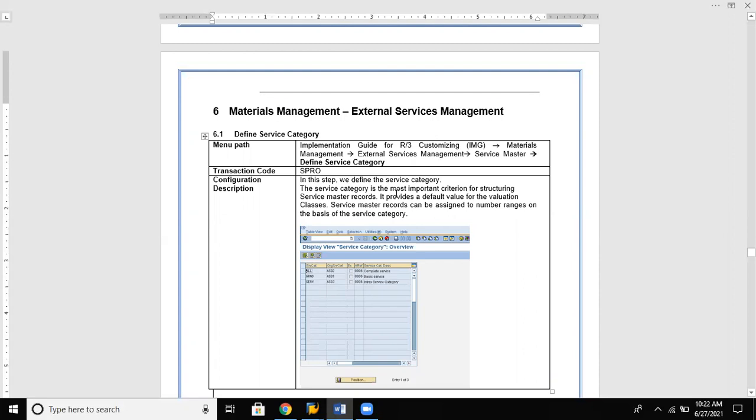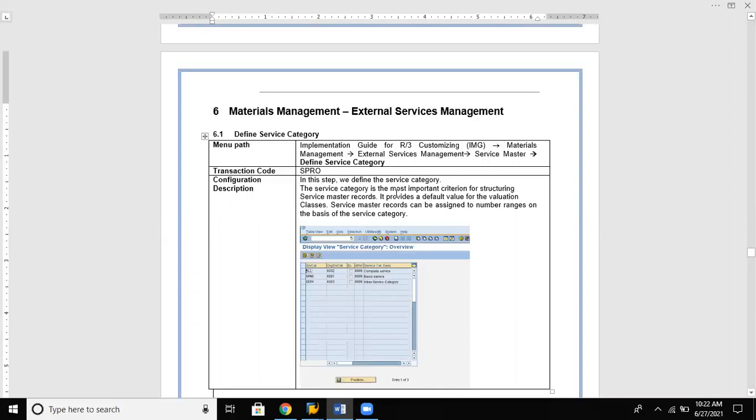In this step, we define the service category, and the service category is the most important criterion for structuring the data.